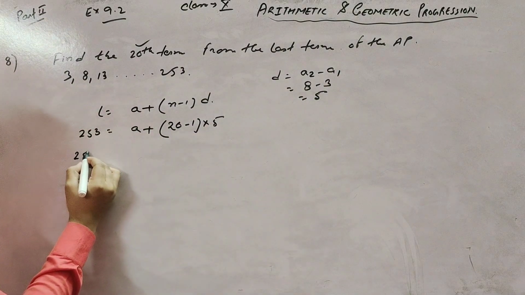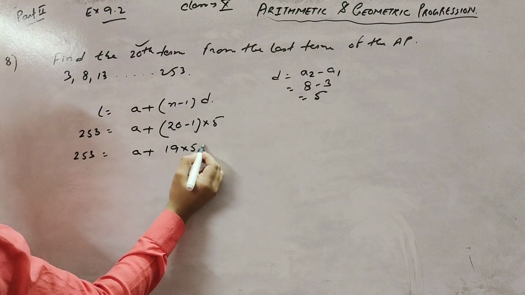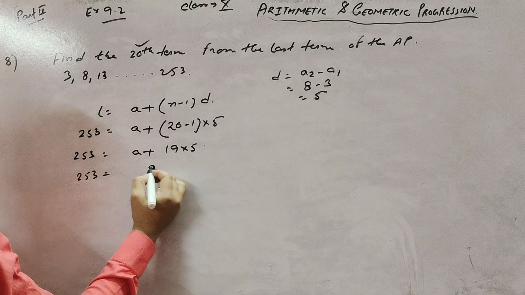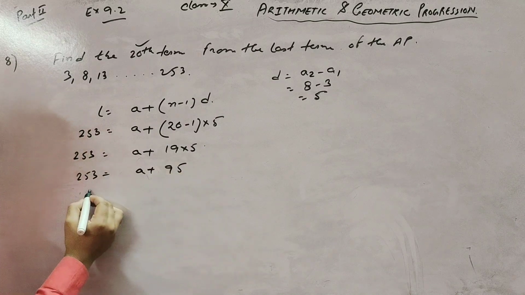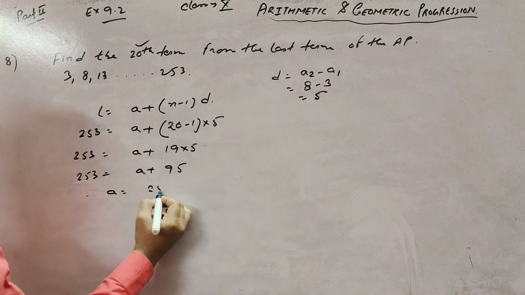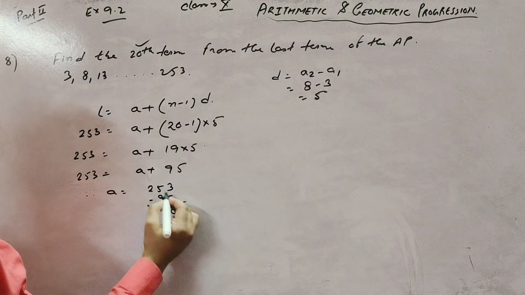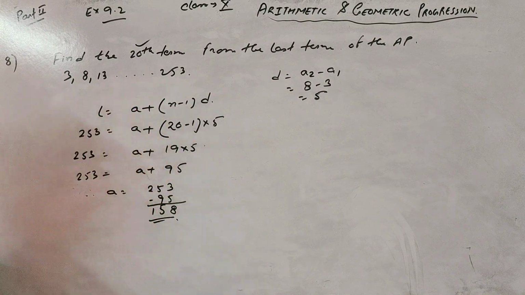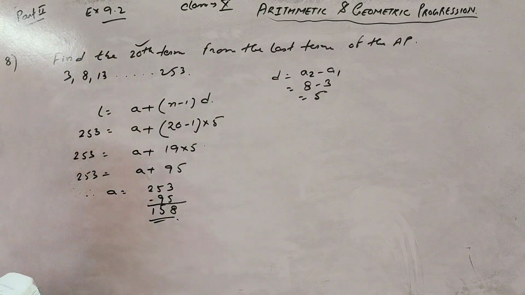So 253 equals A plus 19 into 5. 253, that is A plus 95. So therefore A equals 253 minus 95, that is 158. So the 20th term from the last term, that means from this side, is 158. Okay,